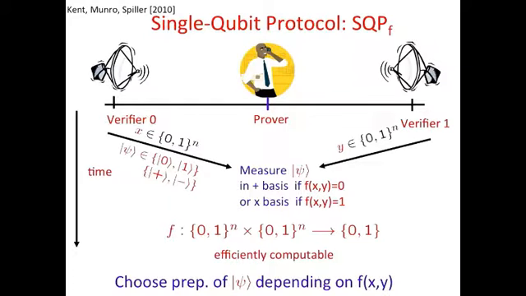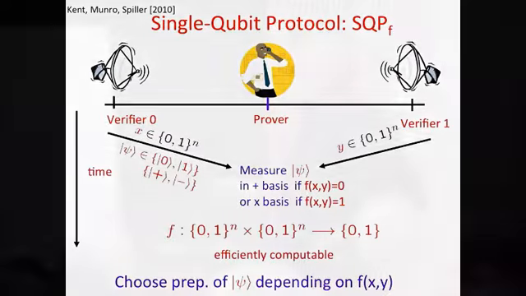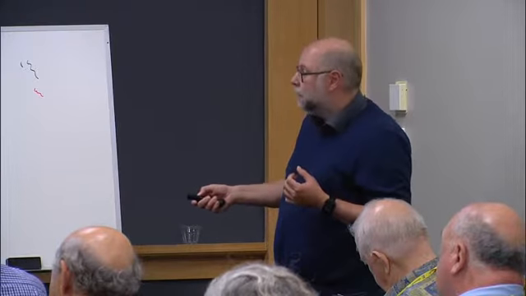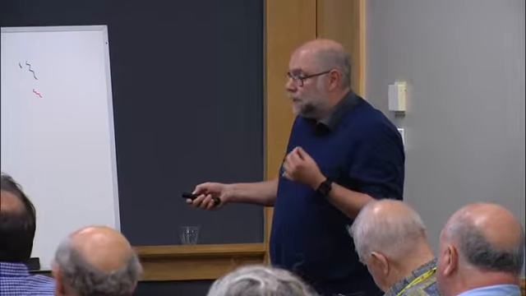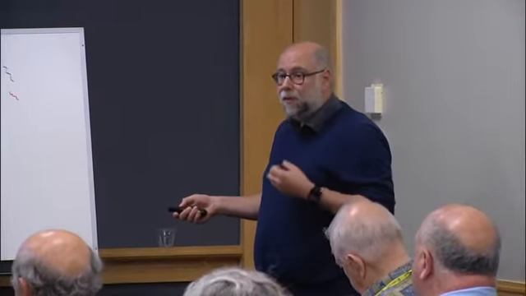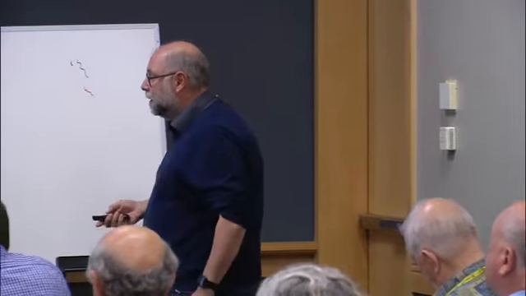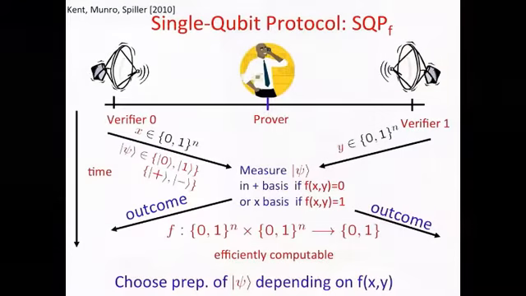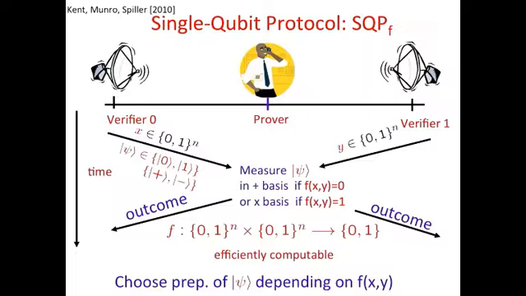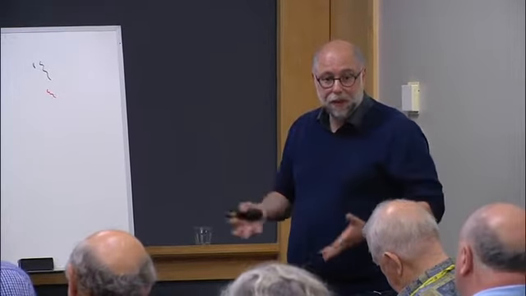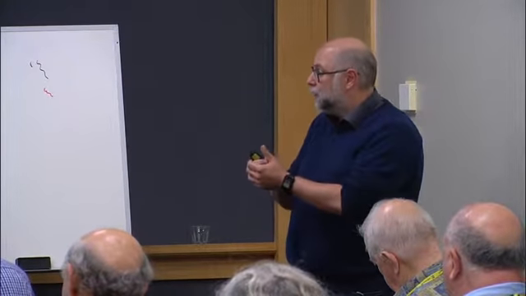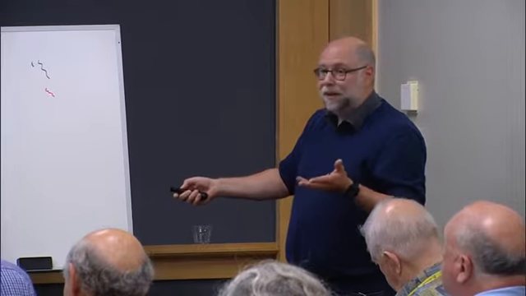And what the prover does upon receiving all these items, he first computes a function f of x, y, because he has x at his disposal and y. And this f of x, y will tell him in which basis to measure the qubit. And once he knows what basis to measure the qubit in, he can report the outcome to both verifiers. So this is a nice scheme, and provided that this function f is easy to compute, it's also easy to implement, because only one qubit is at play, and it's prepared in some easy basis that can be measured easily. It's very analogous to the BB84 protocol.